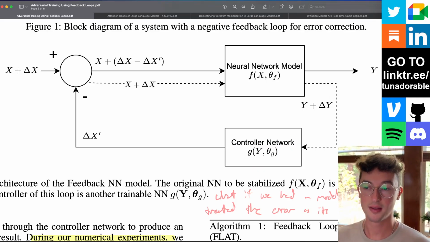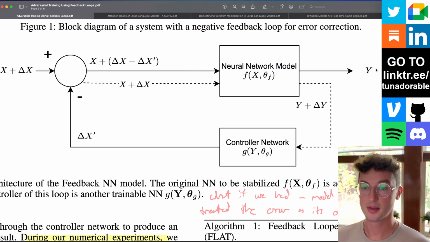That gets fed into the separate neural network, the controller network, which is trained to output a delta x prime, such that now we're on the dark line, the not dash line, such that when you add on our delta x prime and feed that back again through the regular neural network model, you do in fact get the desired regular output y, as if there had been no perturbation.